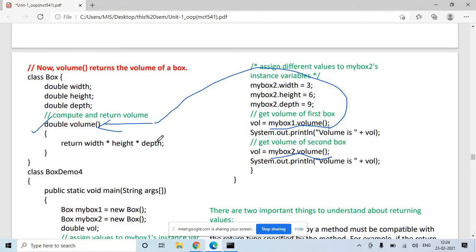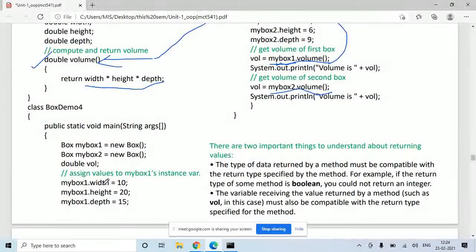What this function is expected to do is calculate the answer of width multiplied by height multiplied by depth, whatever the values of width, height and depth for object myBox1, because who is calling this function? myBox1. So myBox1's width, height and depth.